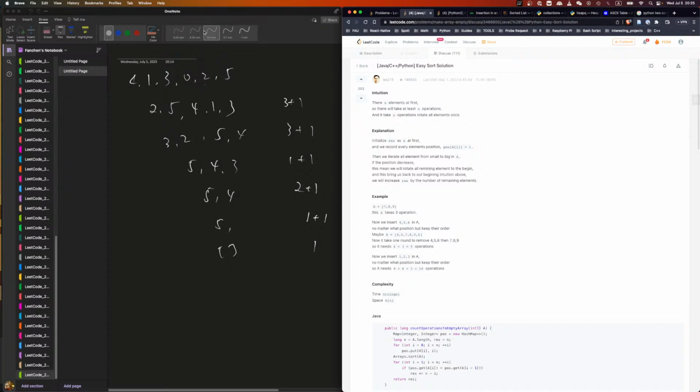Yeah, as we go through, if this value's index is smaller, because it's sorted, so if this value is smaller than the previous one, yeah, it's lower, then that means